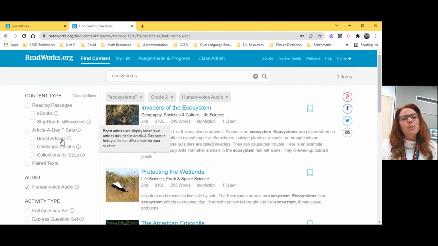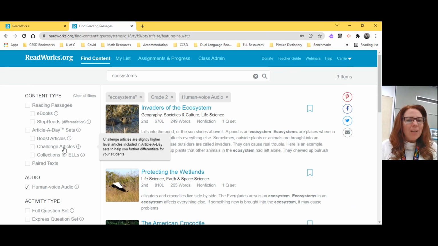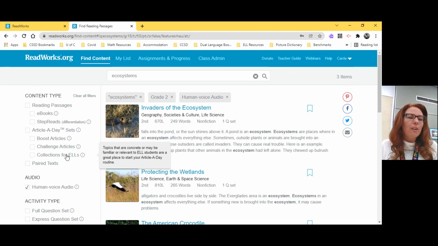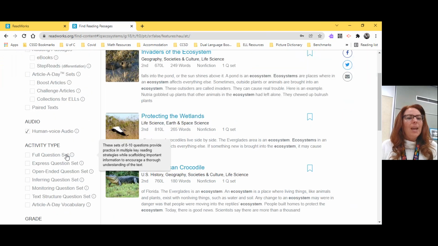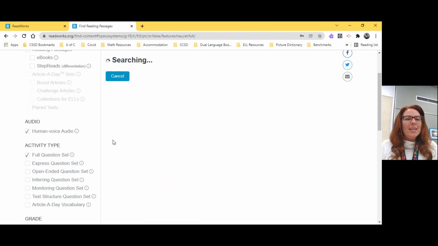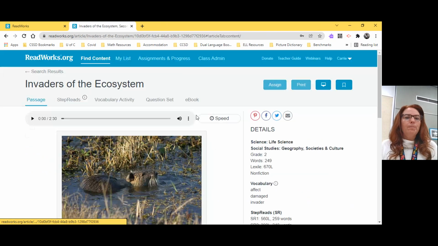Now, if you have a look, these boost articles are slightly lower level articles in the article a day sets to help you further differentiate for your students. Then there are challenge articles. They're slightly higher level articles included in the article a day sets. There are collections, so topics that are concrete or maybe familiar or relevant to ELL students are a great place to start your article of day routine. You may also want to include full question sets. And so what those look like,